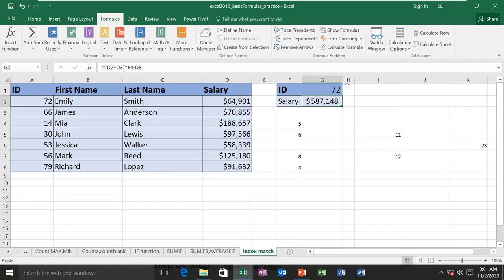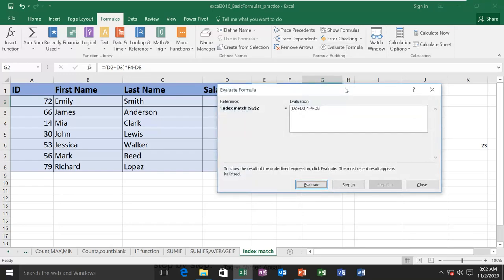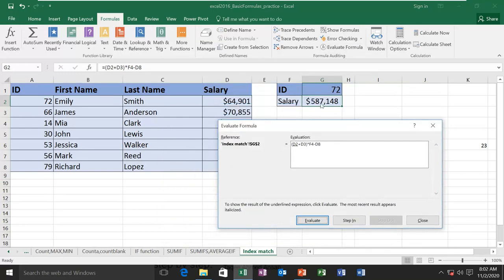So if I want to evaluate, I can go for this evaluate formula. The cell which I selected is this. Now you can see the formula here. Now you can evaluate one step at a time. When you click evaluate one time, you can see it is converting the range, the cell address, into the value. Now it will convert this, you can see the underline. So now it is converted into these values from the cell.